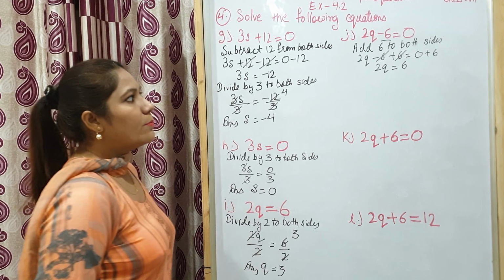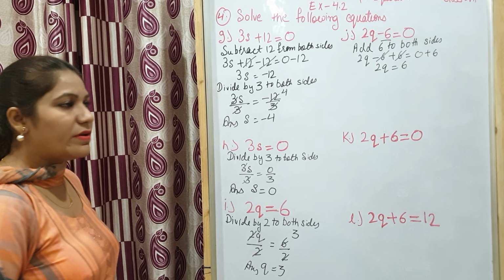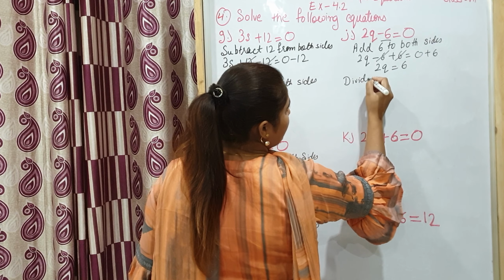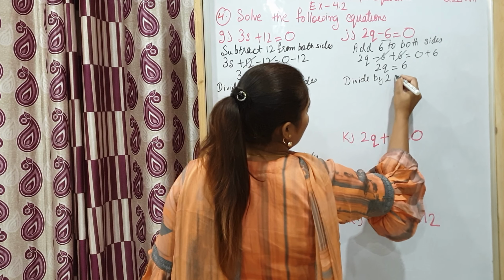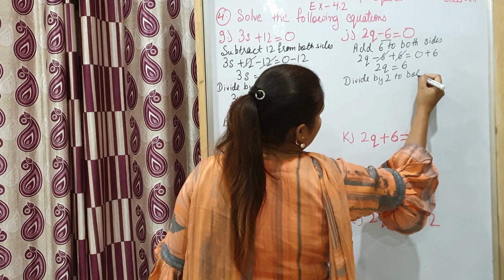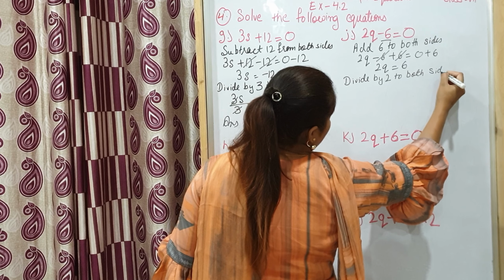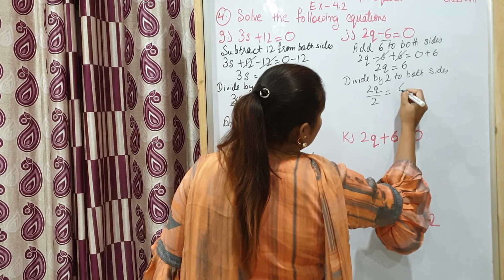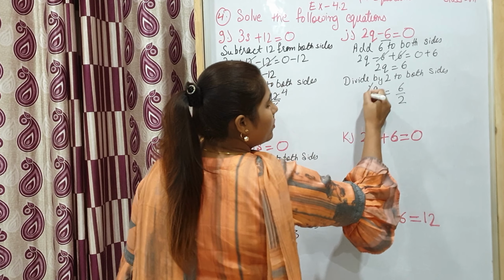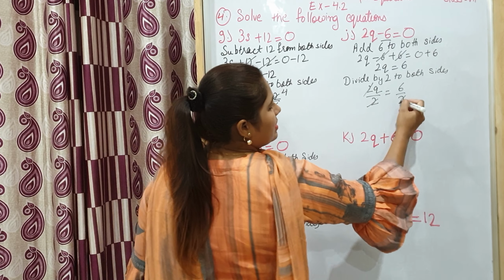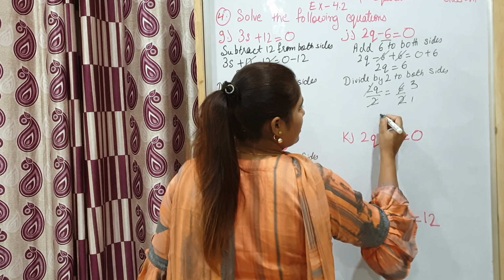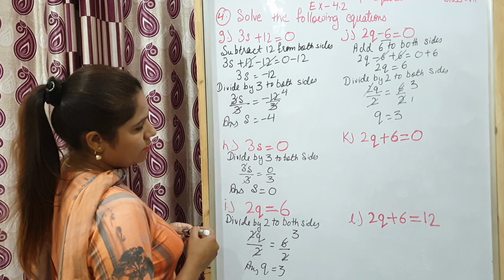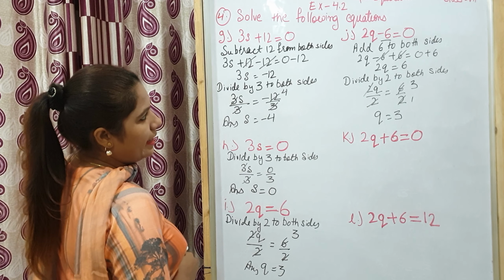2 and q both are multiplying each other. We will do the division. Divide by 2 to both sides. 2q upon 2, 6 upon 2. 2 and 2 cancel out. 2 ones are 2, 2 3s are 6. So here the value of q is 3. Now k part,